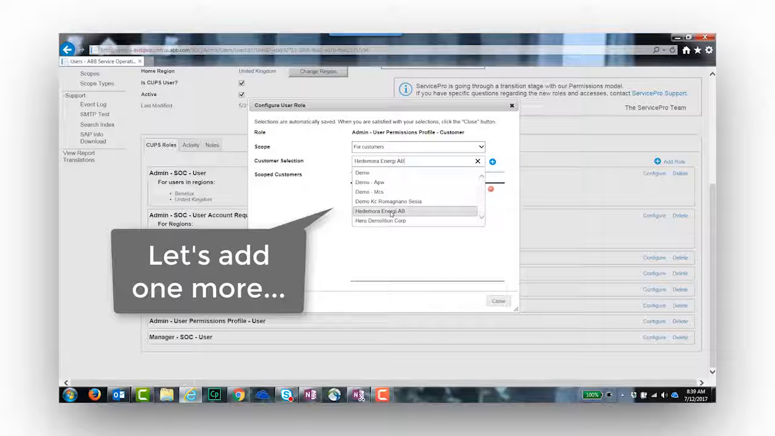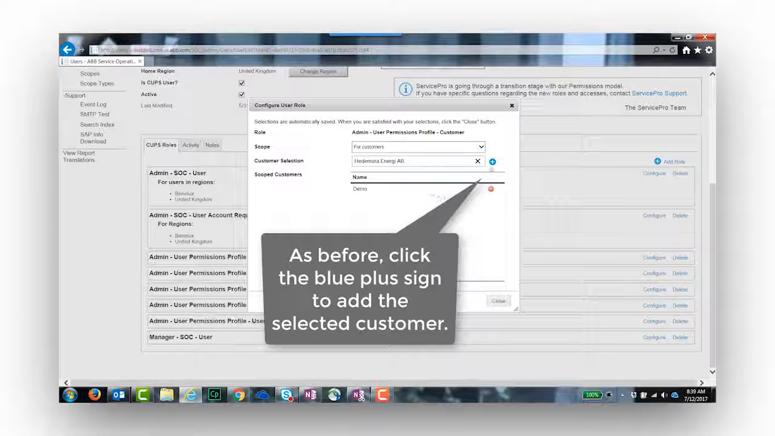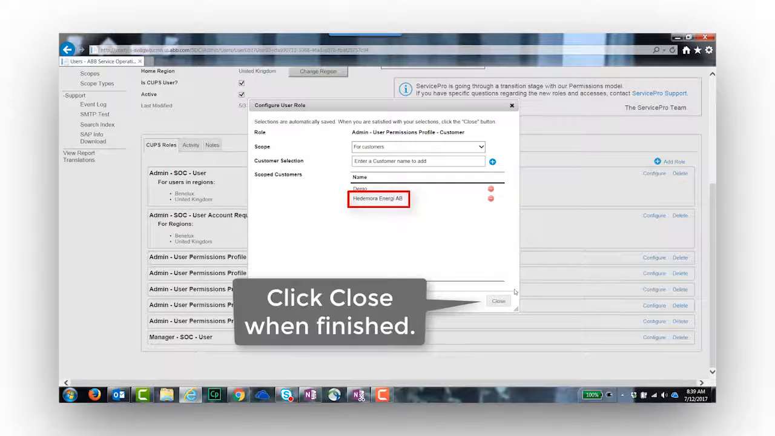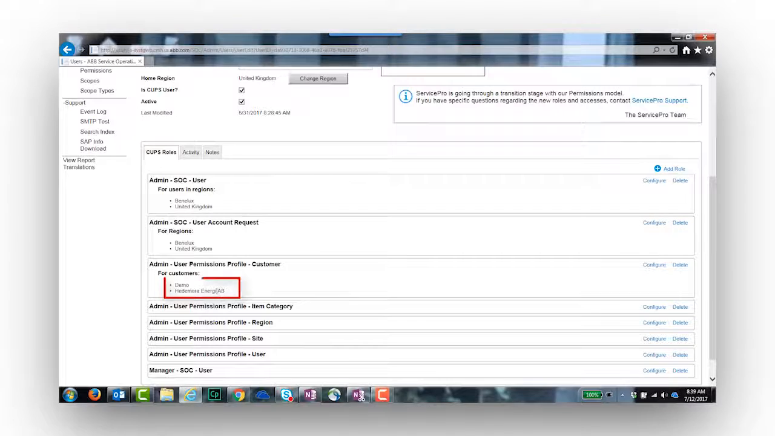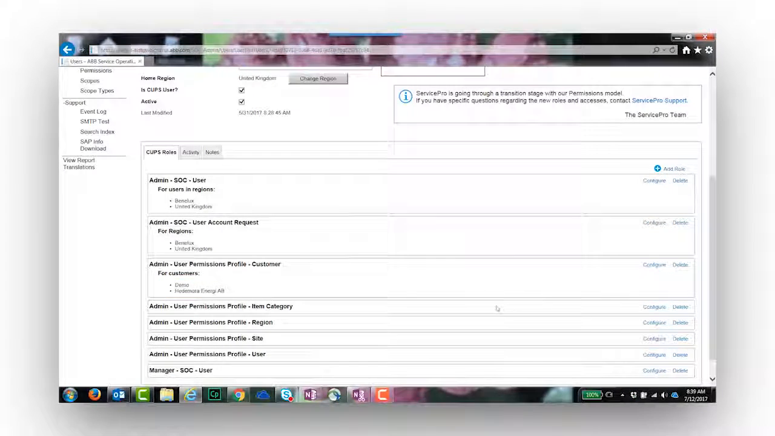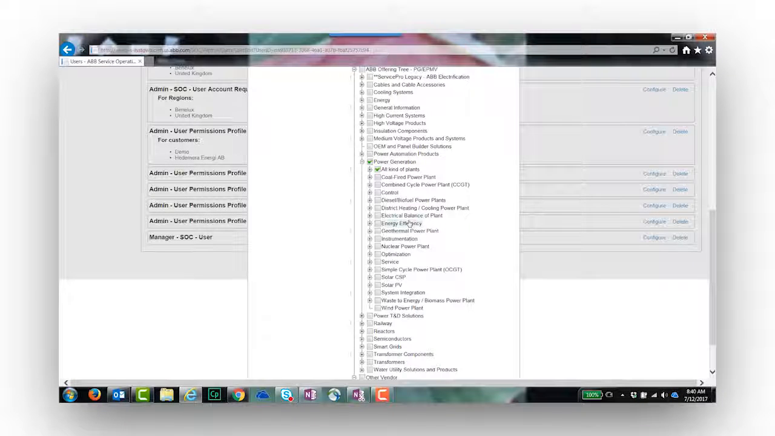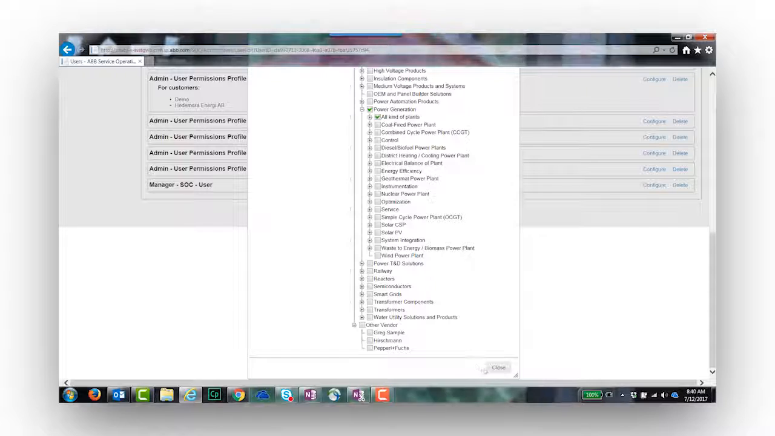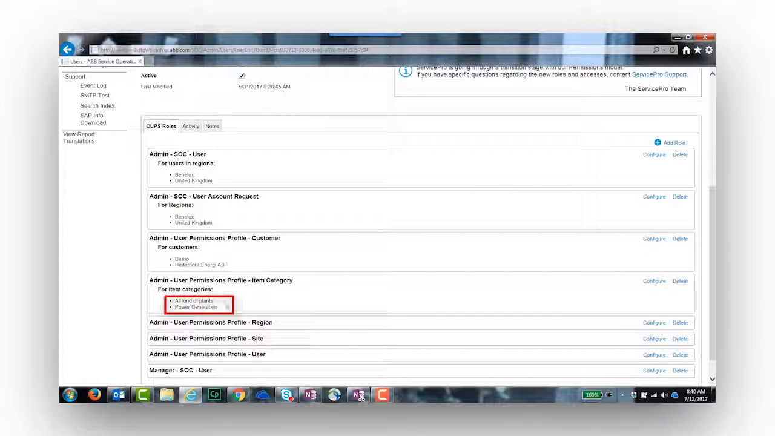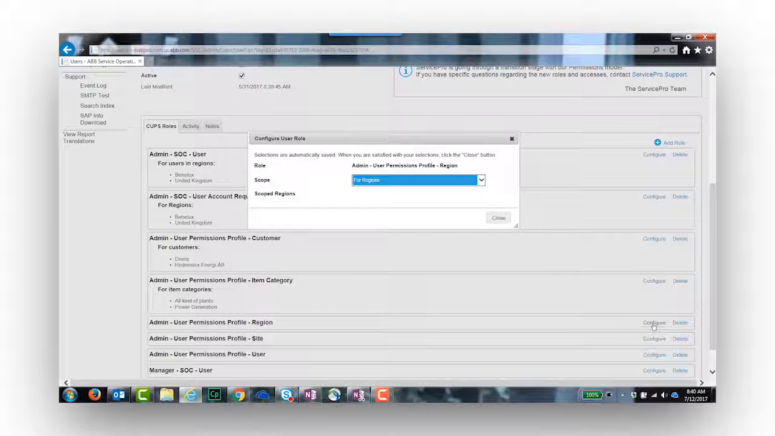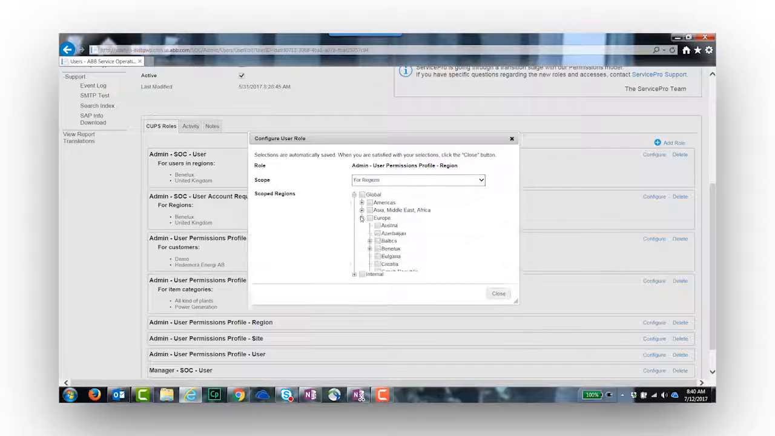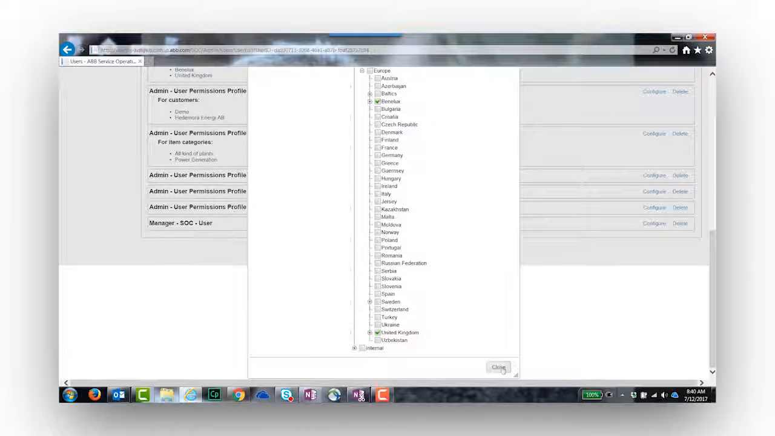And we'll add one more. Click Close when finished, and just like the region scopes, you can see the customer site information nested below. I've demonstrated how to scope an item category, however, this is very rarely done. And you can watch as I just continue to scope the remaining bundles,